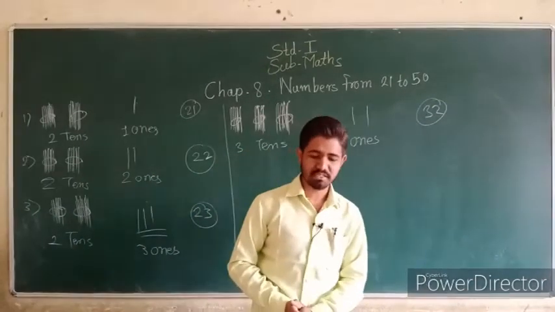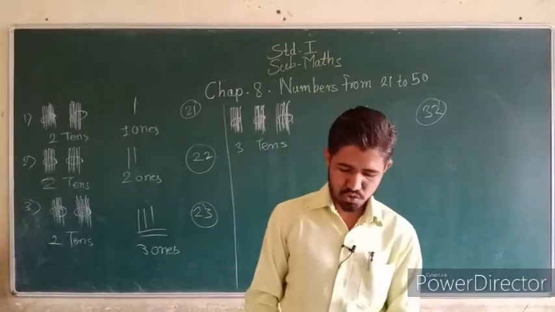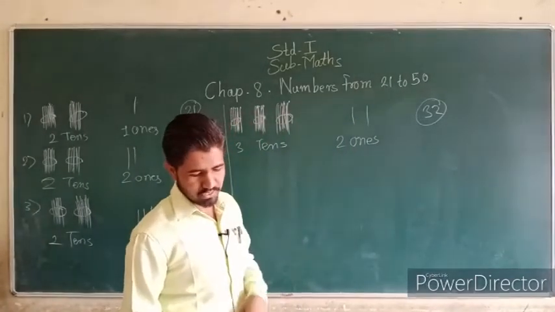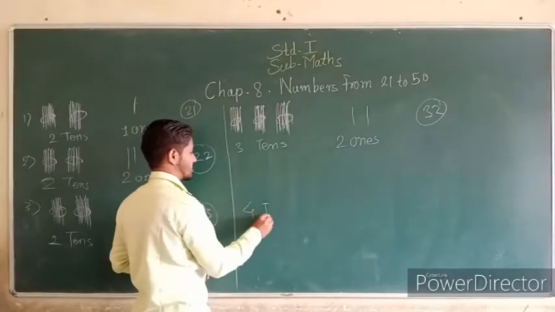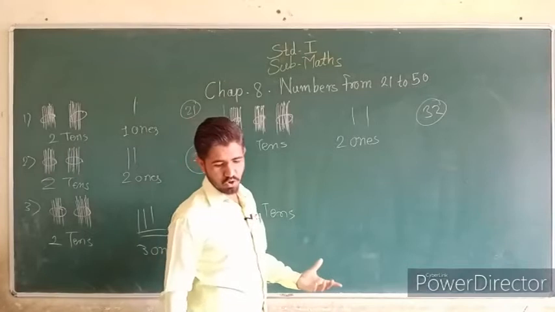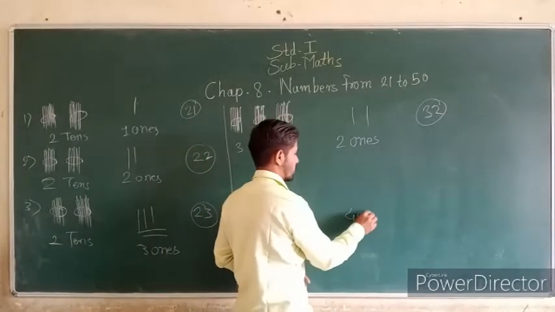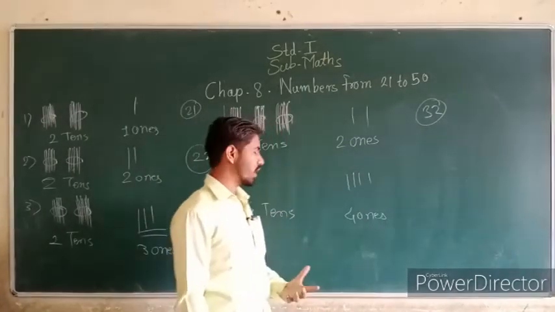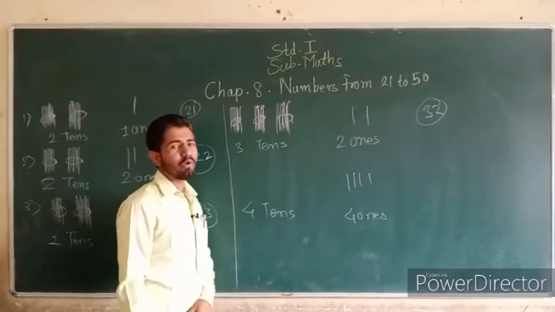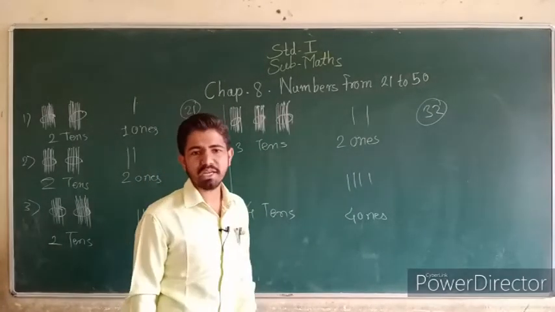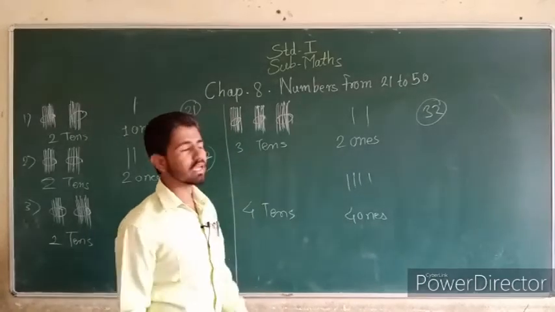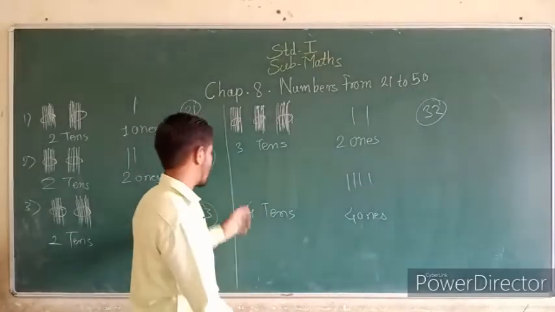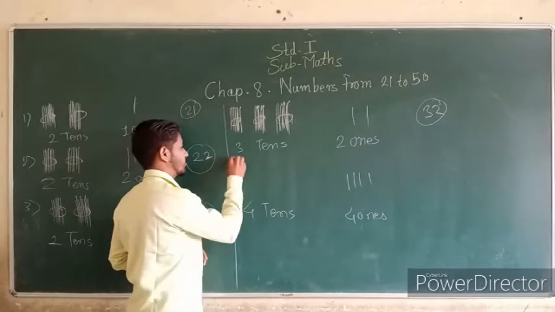इसी तरह से बच्चों आपको क्या करना है? पेज नंबर 106 एंड 107 आपको क्या करना है? सॉल्व करना है. तो 107 में क्या दिया है? वहाँ पे यहाँ पे 3 बंडल्स है, वहाँ पे क्या है? 4 बंडल्स है. फॉर एग्जांपल ऐसे दिया है 4 10s और नेक्स्ट वन क्या है? 4 ones. यहाँ पे 4 ones दिया है. यहाँ पर 4 ones we have to get but there is not given 4 tens. अब 4 10s का मतलब क्या होता है? वहाँ पे कितने बंडल्स हमें निकालने होंगे? 4 बंडल्स. तो यहाँ पे 4 बंडल्स ड्रॉ करेंगे.